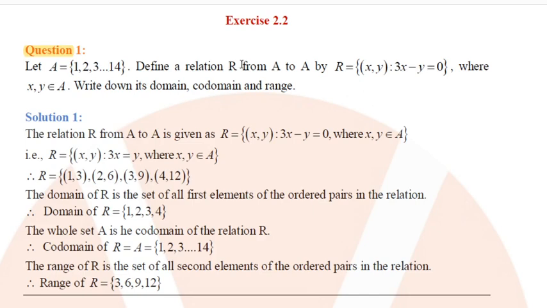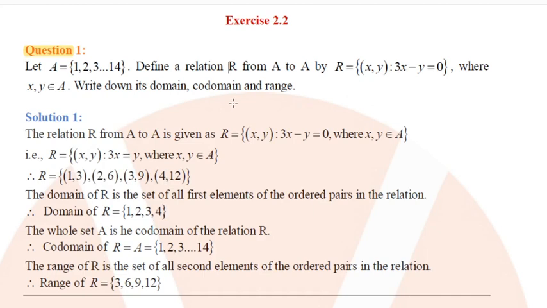That does not belong to set A, and you have to get a relation from A to A. In this set A, the element 15 is not present. It means x equals 5 you cannot put here. So you can put only elements 1 to 4, and that is your domain. All the possible values of the first element are called the domain. So here the domain is 1, 2, 3, 4.